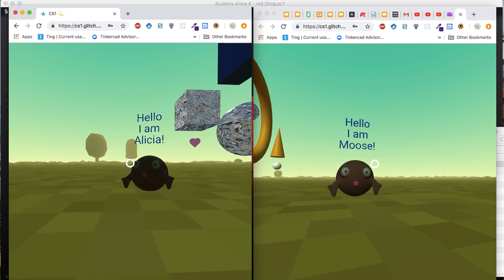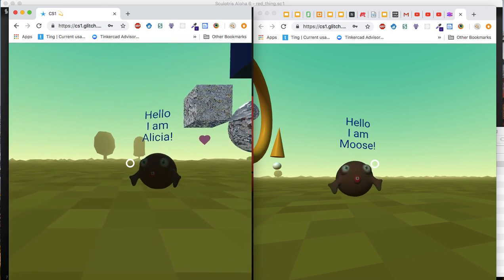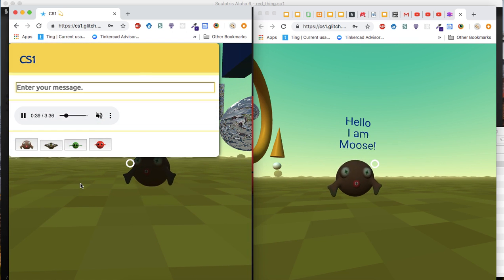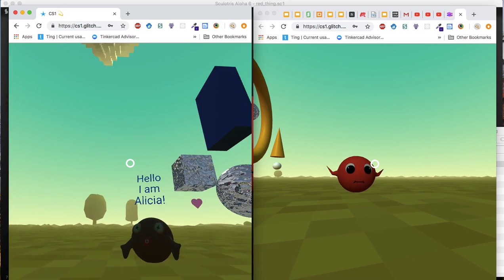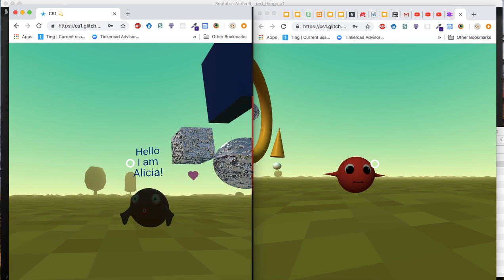Hello, I'm Moose. And let's have, so here's Moose, the character, looking up, looking down. I'll have Moose select the new character. So I'm going to press the equal sign. And now you can see the red thing that we made. If I click on it, now Moose is the red thing. See? And Moose can look up, Moose can look down, Moose can say something,